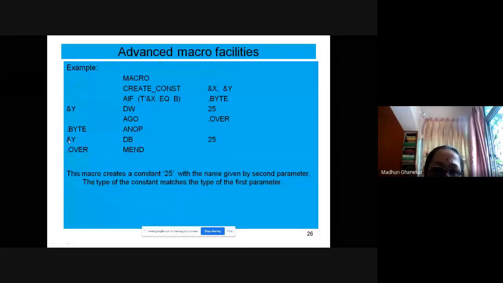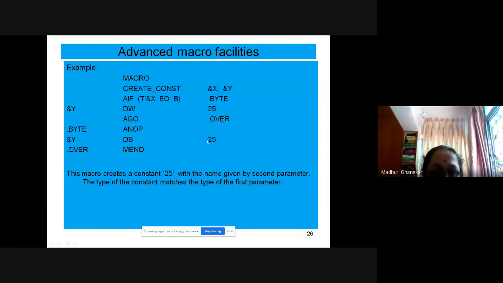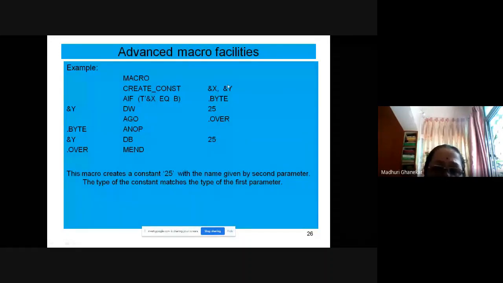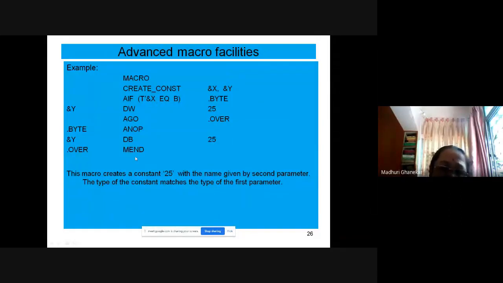So it will declare the byte constant 25. It means it matches with the type of the first parameter. The second thing is declared based on the type of the first parameter. If it is byte, it is declared as a byte. If it is word, we will be declaring it as a word. Okay, so it is a byte constant.